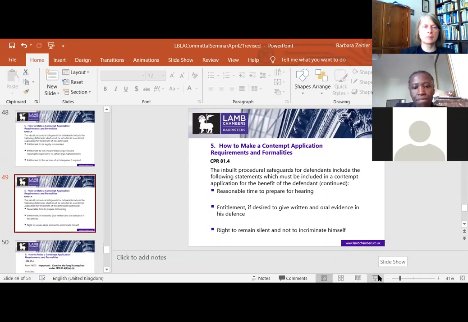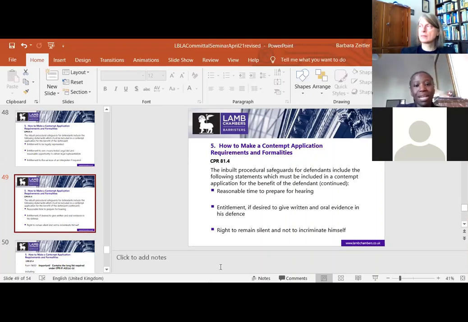The following three procedural requirements that I would like to highlight are that the defendant is entitled to a reasonable time to prepare for the hearing. Obviously, how long is a piece of string in terms of what is a reasonable period of time? But the fact that a hearing has been listed and the defendant informs you in advance that, look, there's been a hold up in the making of the legal aid application, but I am going to make the application, or I'm just waiting for the determination of my application, I think would necessitate an adjournment being agreed to in those circumstances.